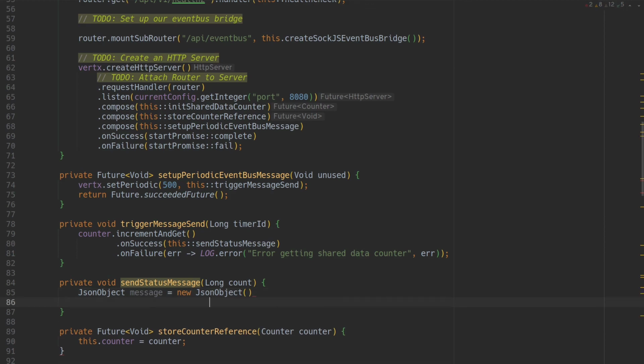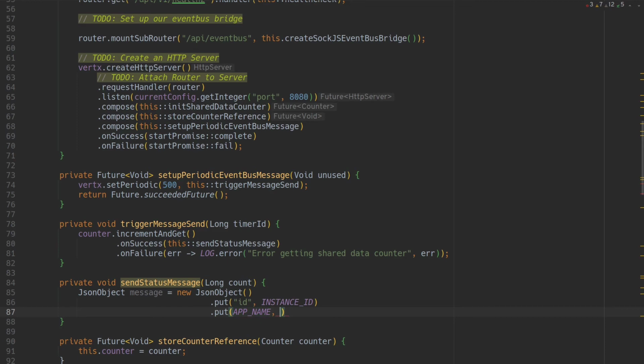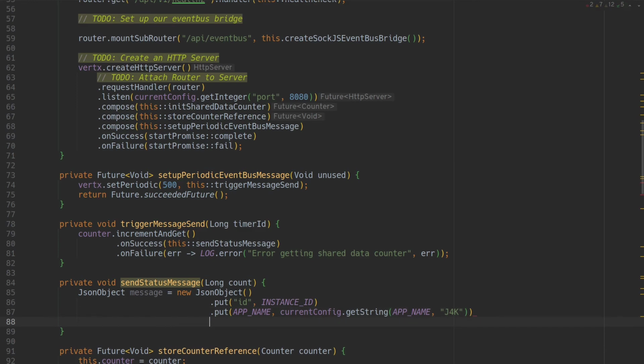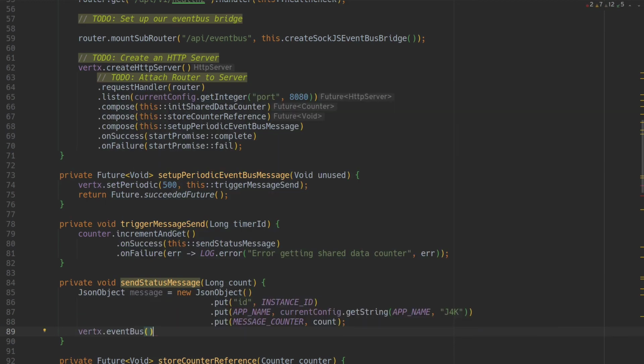And we're going to use that fluent API to put the ID of the node, our instance ID. We're going to put a constant for that. And that's going to be current config get string app name, with a default of J4K. And finally, we're going to put message count into that message. And we're going to ask Vert.x to use its event bus to send a message to an